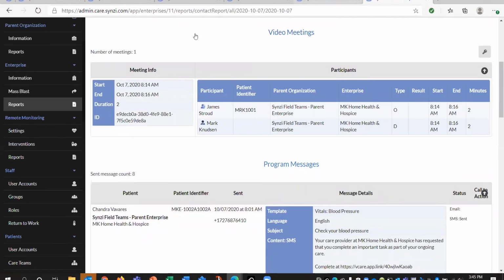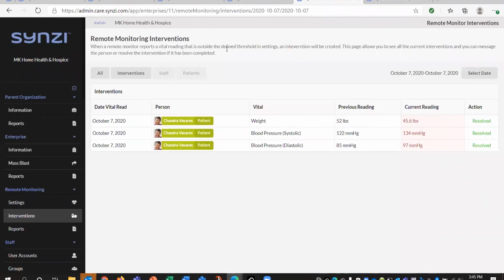So other reports that get generated, we looked at the remote monitoring interventions, and basically you can see here we've had some flags, and we've had a previous reading and we've had a current reading indicating both the change in values as well as what is generating this alert. In this case here, I've got the actions resolved, but should there be an open intervention, I can follow with